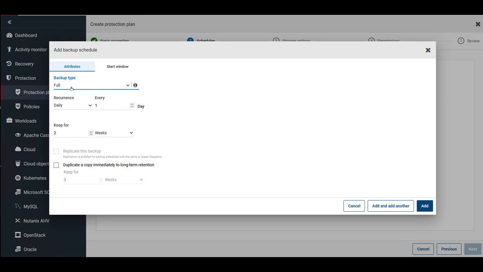There are two types of schedules supported for Cassandra, full and differential incremental. You can choose the recurrence and schedule windows based on your requirement. There is a provision to duplicate the images using the duplicate copy immediately to long-term retention option, and to replicate the image using the replicate this backup option for automated image replication scenarios.